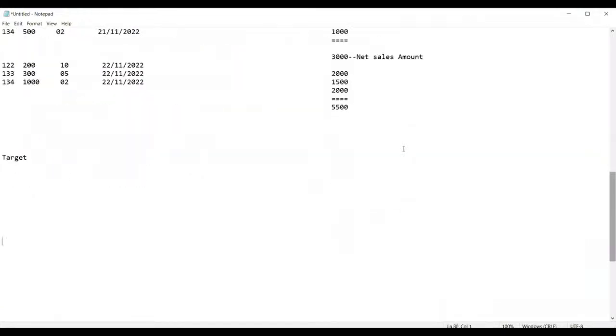So how will I load the data? I will load the data like this. See here, I'm loading the data. Net sales amount, underscore, sales underscore amount. Net sales amount is what, guys? It is 3000. And now for which date is it? So I'm declaring one more column here, that is date of sales. Date of sales I'm using as 21/11/2022. And then what is that, guys? That is nothing but called the output.